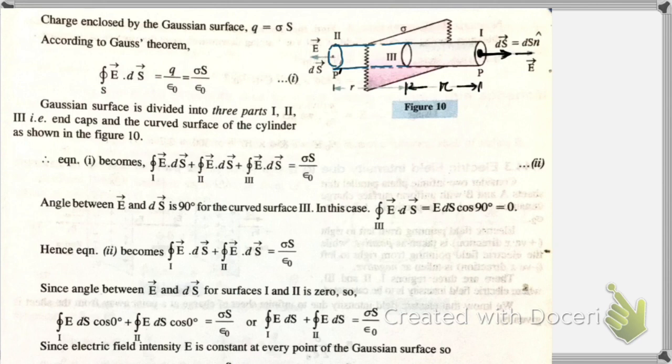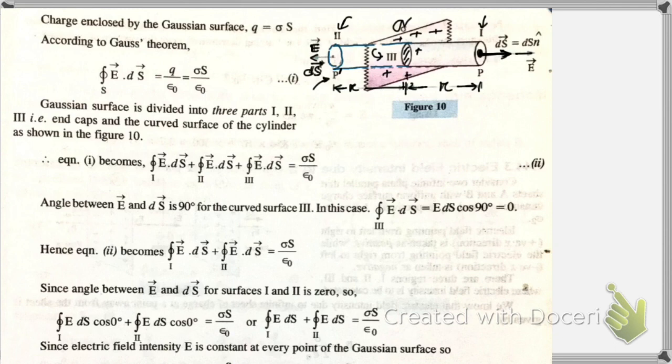Let me take another point P dash, which is also at a distance r from the sheet, right? So this is the direction of electric field in this way, and this is the area vector ds, right? We have taken 2, this is 1, and the surface which is on the plane sheet is suppose 3, and the charge density is sigma. Okay, and this plate is suppose positively charged. We have assumed that way,